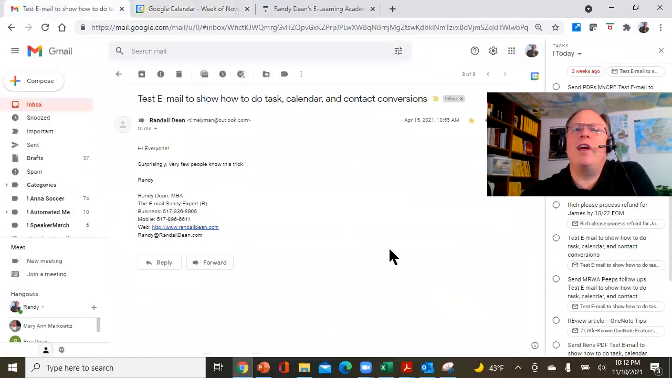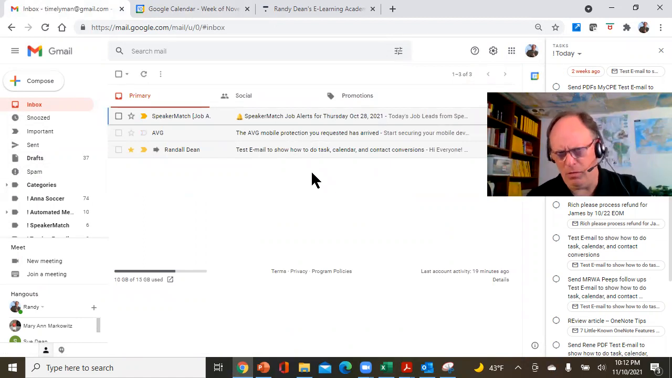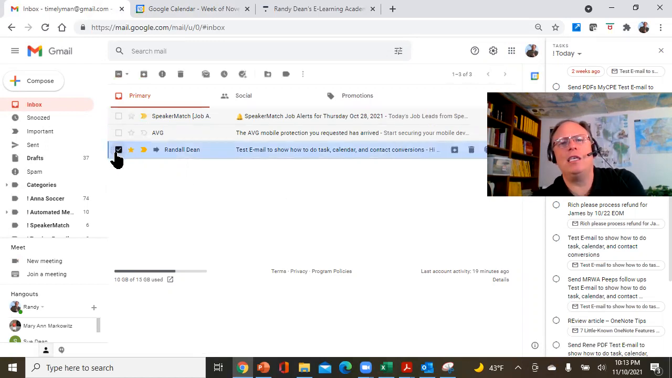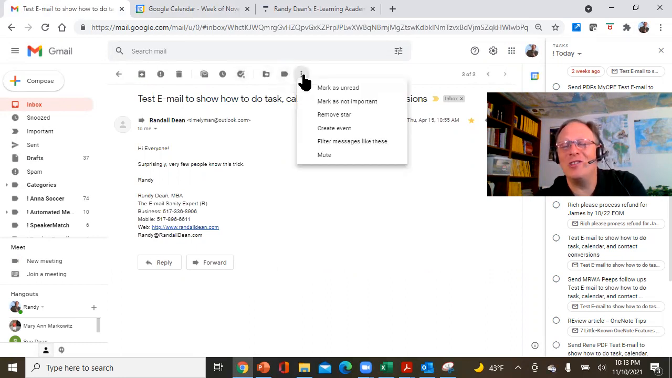Now, if you were a long-time Microsoft Outlook user prior to getting your first Gmail account, what I'm about to show you may have caused you great consternation and confusion. Notice that if I select the checkbox on any email, or I actually open the email, I get the same header, over here next to the three dots where I could turn it into a calendar item,